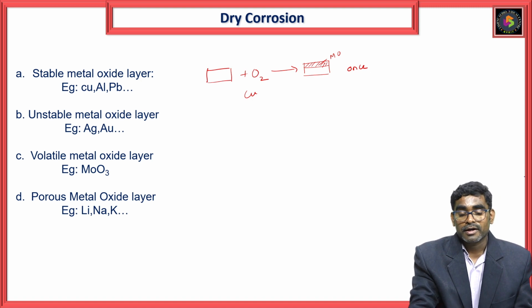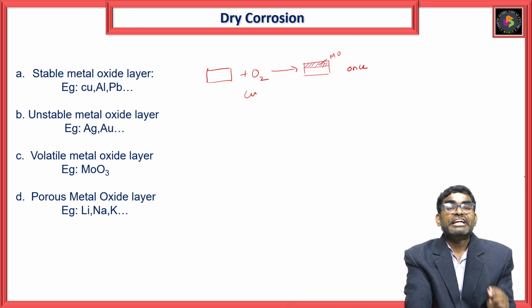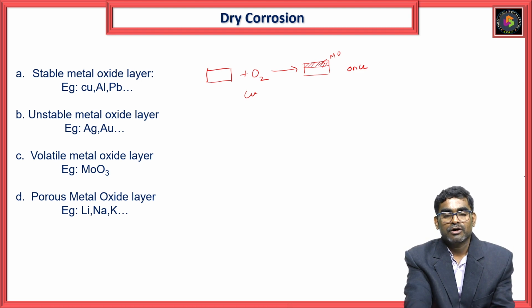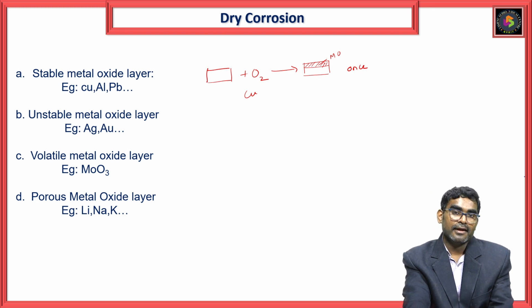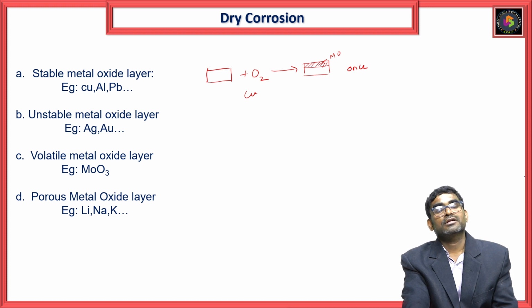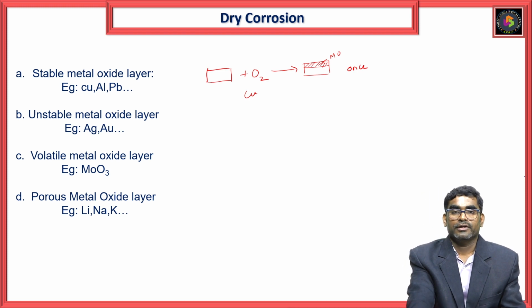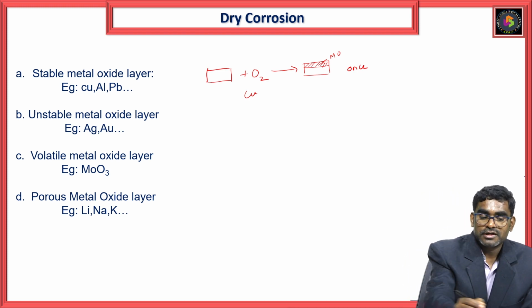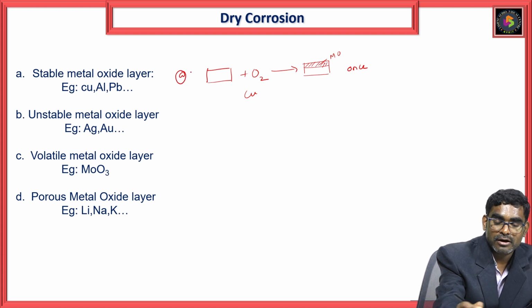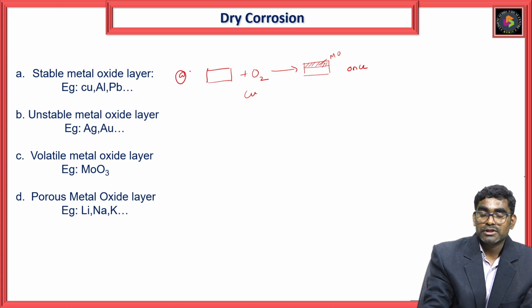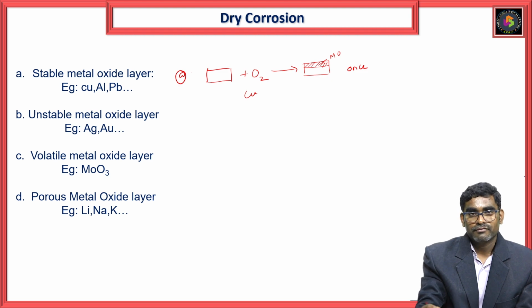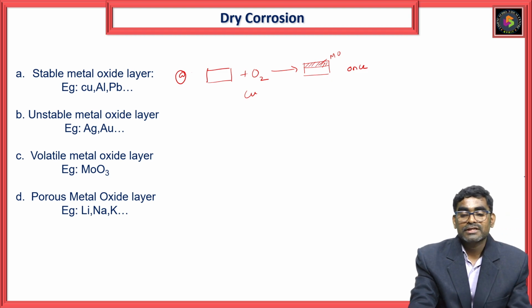Okay, so likewise, based on the nature of the metal oxide layer during oxidation corrosion, we can judge whether the corrosion takes place further or not. So that is case A, where the metal oxide layer is stable, so corrosion takes place only once, thereafter no corrosion. Next, if the metal oxide layer is